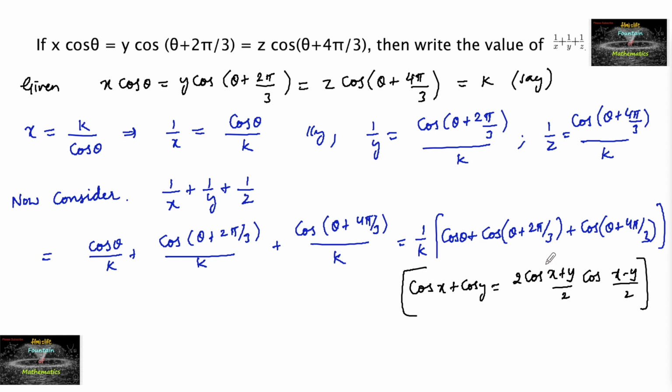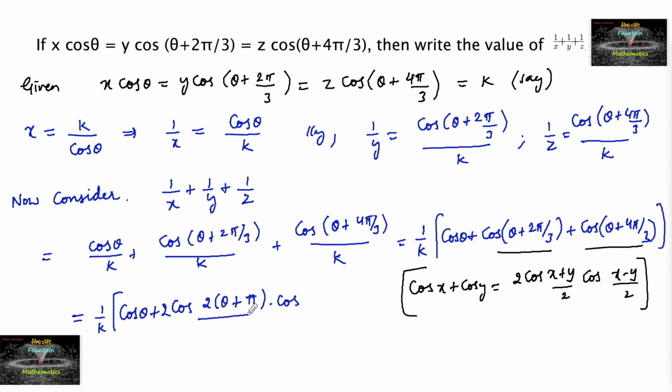So apply this formula for the last two terms, cos(theta + 2 pi by 3) and cos(theta + 4 pi by 3). So we will get here 1 upon k times of cos theta plus 2 times cos of ((theta + 2 pi by 3) + (theta + 4 pi by 3)) divided by 2, which comes to 2 times of theta plus 2 pi plus 4 pi, 6 pi, that is 3 pi upon 3, that is pi, and again into cos